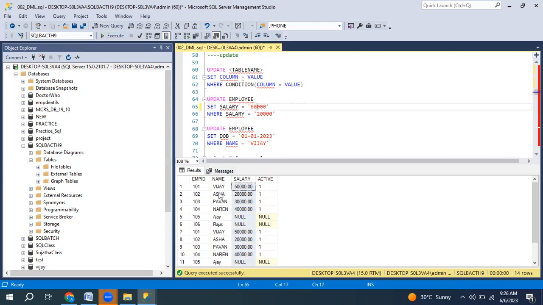For which row do I need to update the 60,000? Only for Vijay. So I know some input, like employee ID equal to 101. This is Vijay's employee ID. Only for that row. So whenever we have employee ID 101, this one and this one, these two rows will